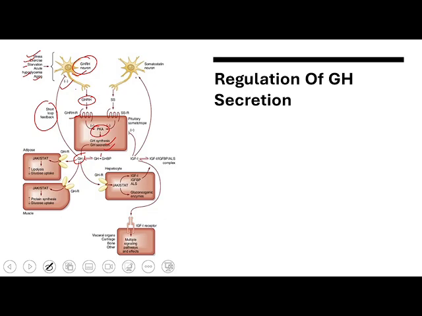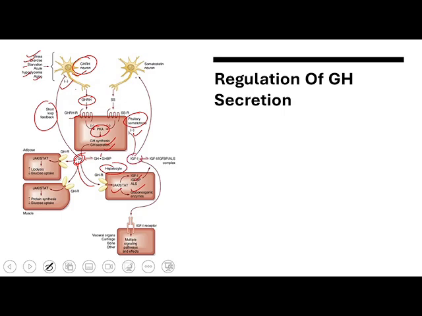And next we see that growth hormone also acts on the hepatocytes, and once these hepatocytes get stimulated through the JAK-STAT pathway, there will be the release of insulin-like growth factors and other factors too. These factors then send a stimulus to the anterior pituitary, and that will inhibit the release of the growth hormone, and that is called the short